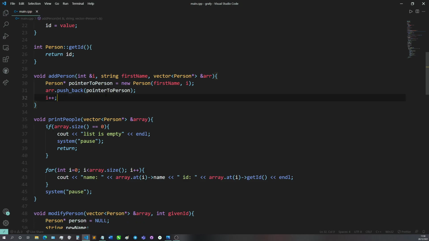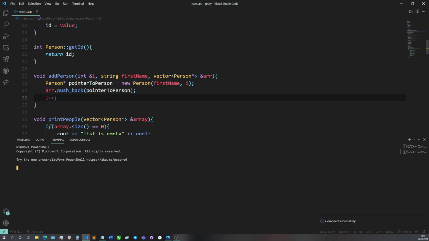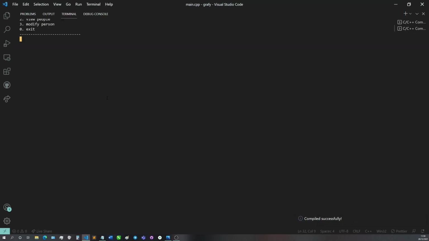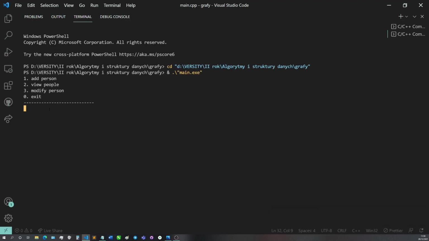So basically, that's the whole code. Now let's present how this will work. So I'm compiling it here. Or maybe I'll press OK. It's a bit slow because I'm recording. So, okay, our program is running in the console, and actually, let's make it larger. There we go. So here, as you can see, I have the menu written for the first time, and let's